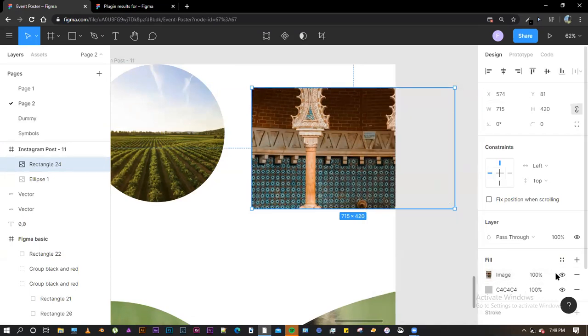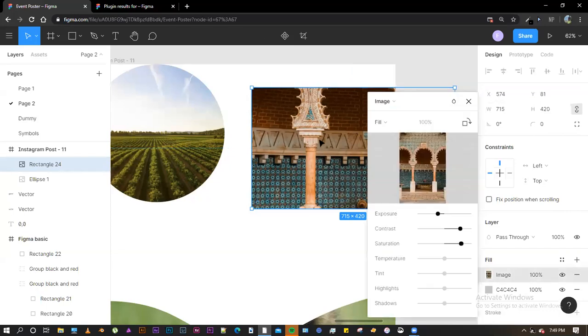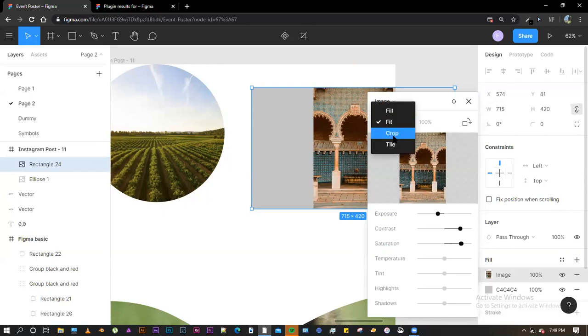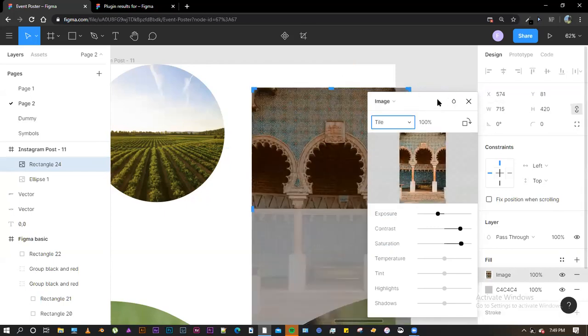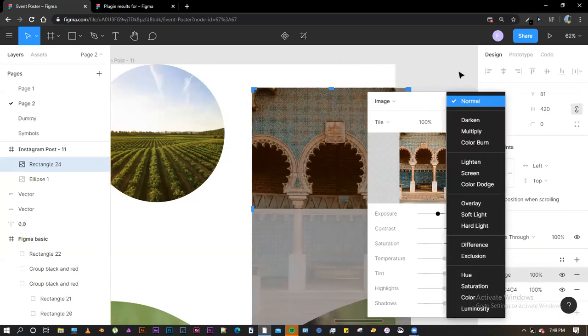Karan, we are saying if you can just double click the image, there's a fill option under image, the fill drop down. Okay, so you can always crop, fit. Okay, thank you. I didn't know this.